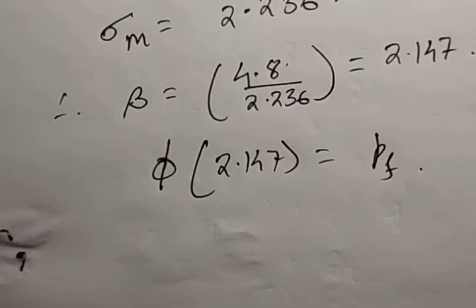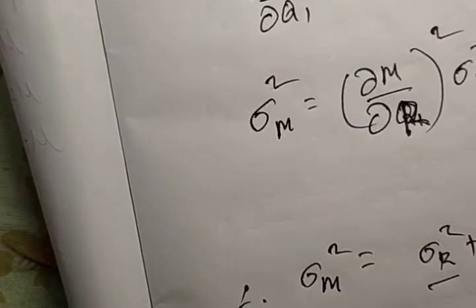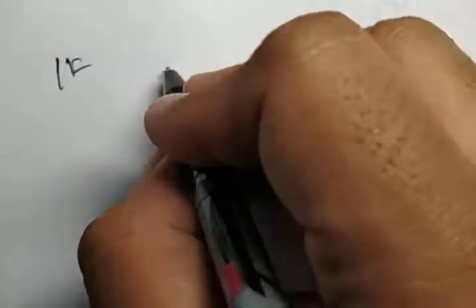But one thing I would like to say here is there are various ways in which R and S can be distributed, right? Both R and S can be log normal, both R and S can be normal distributions. So in that case, how this beta value we can find out is, suppose if both